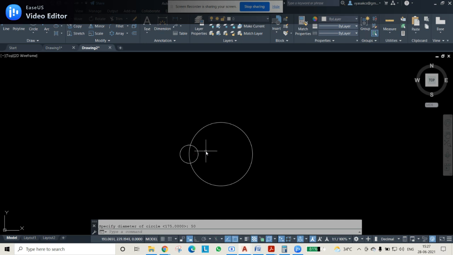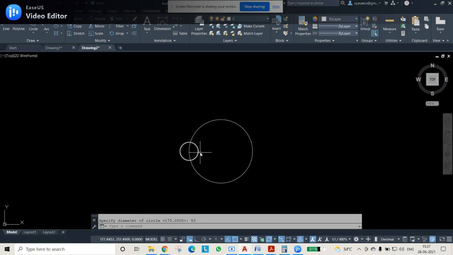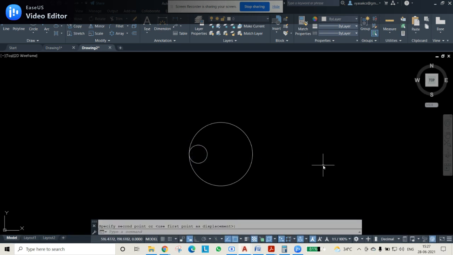After this, what you will do is go to the circle and then move it. Instead of going outside, we want it inside. So select here and move it inside. This is how we'll move the circle.